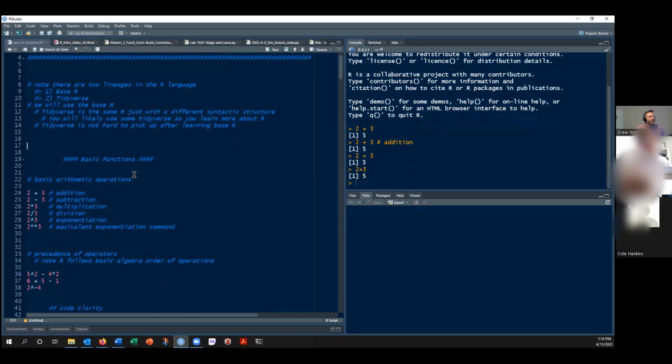So let's get into some basic functions of R. Essentially, a lot of these are just basic operators. Some of them might be intuitive. You might already expect that if you want to do an addition in R, you would use a plus sign. But I'm going to go through each of these just to make sure you have a base understanding of what functions may be useful to you, how to use them before you go in and start coding up your own analyses. So you can use R like a calculator,